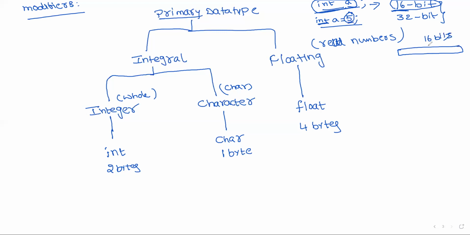But to store 5, only 101 is required. The remaining 13 bits are zeros, right? That means wastage of 13 bits of memory. Okay, in that case, what to do? Instead of allocating too much memory, we move to another data type, that is short integer. You got my point? To reduce the size, for example, if your classroom can store a maximum of 100 students and your strength is 10 members, it is a waste to allocate for 100 students. That is the reason we move to short int.